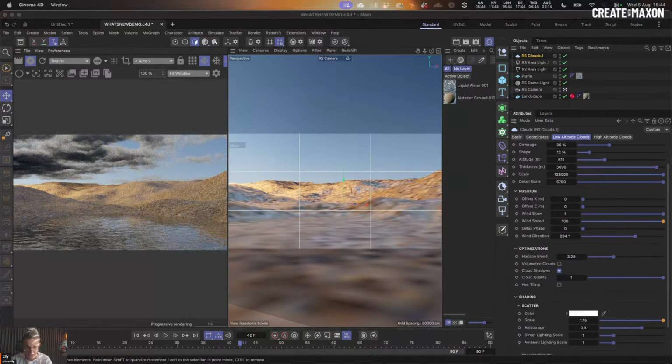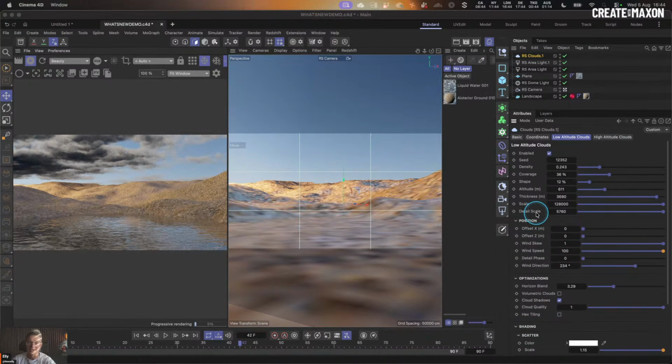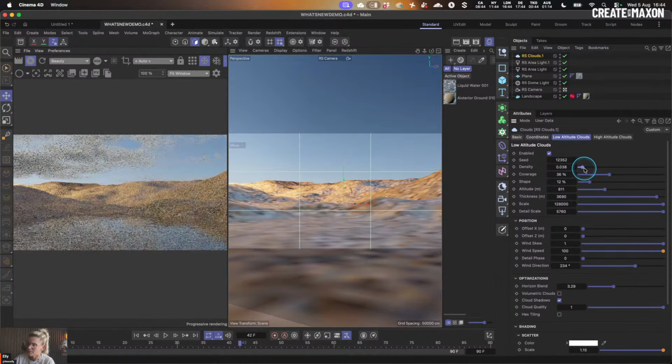One of the questions we just had that I've just seen: why are the clouds so dark? So this is a result of a few different things inside of the cloud object. For a start, it will be due to the density. If you think about clouds in the real world, really thick, really dense clouds tend to be darker, more grey. Less light is going to travel through them and they're going to be represented in this dark grey colour. If I reduce the density, it will then reduce the, quote, darkness of our clouds